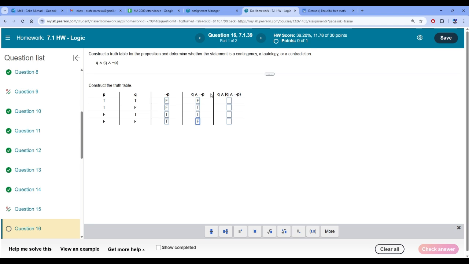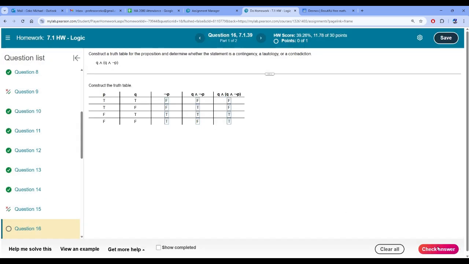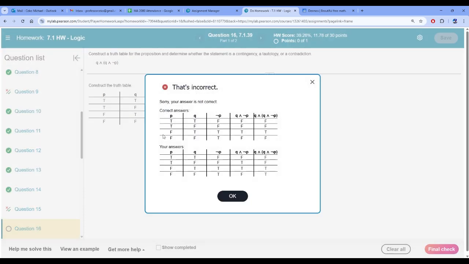So now if I take this Q, Q and is false, false, true, true. Dang it, I gotta see where I messed up. Let's see. Alright, so correct answer is F F T T. Oh, I messed up the F or